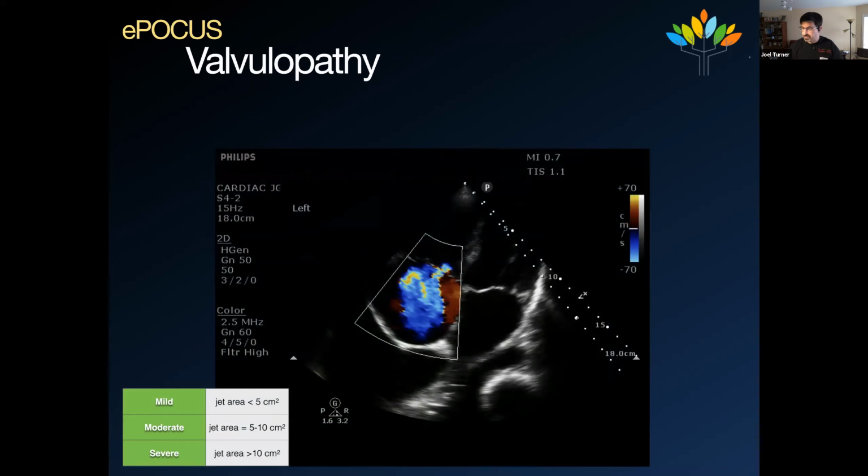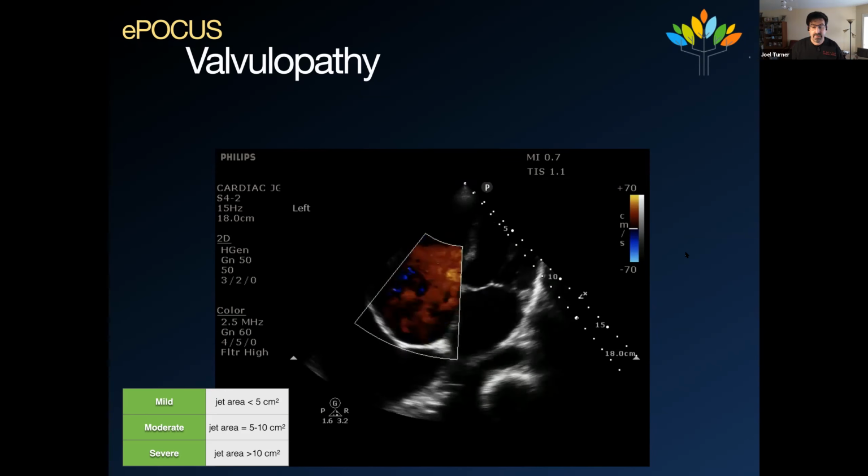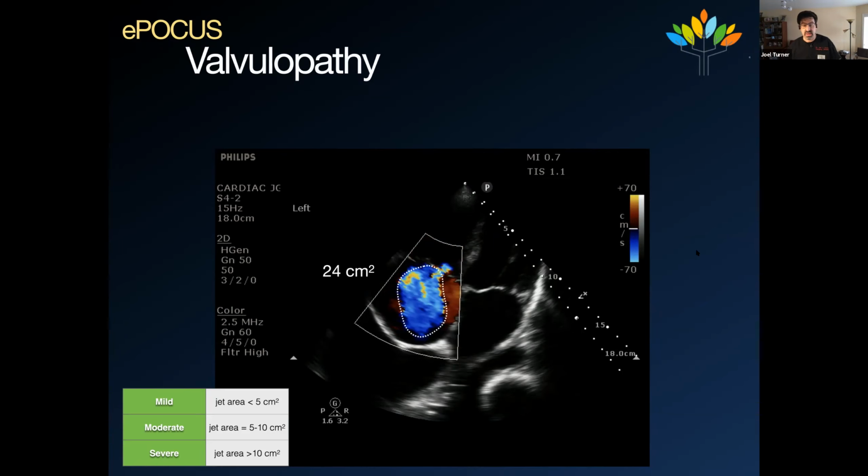So here's an example of a tricuspid regurg jet that I've frozen, and I see the image. Here's your flow convergence of your tricuspid regurg. Your vena contracta is somewhere in there. Once you have found your best image of your tricuspid regurg, I'm going to let it show here and freeze it. Then you take your tracing function on your machine, and you're going to trace a line around the regurgitation like that. And hopefully your machine has the ability to measure that. In this case specifically, this patient has a pretty severe tricuspid regurg. So again, you have to